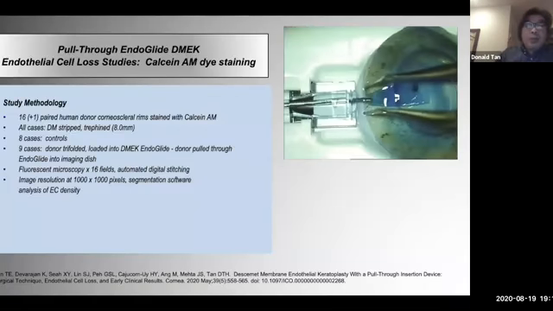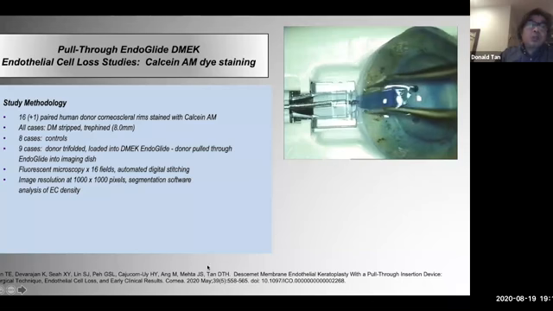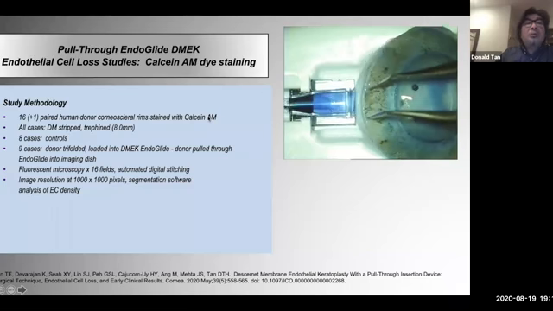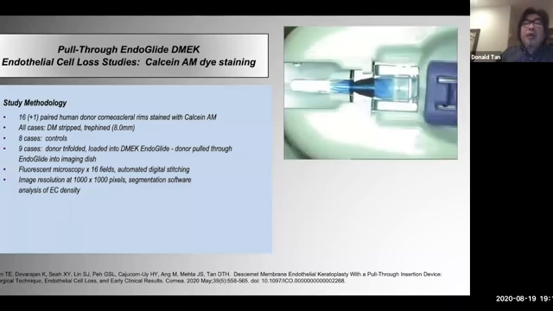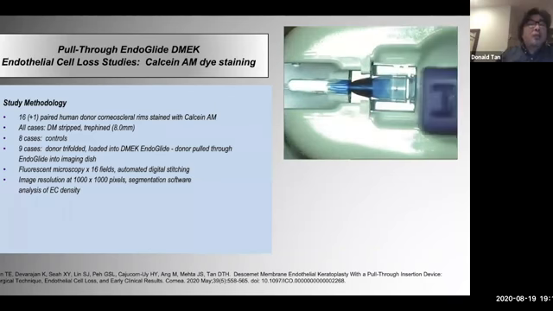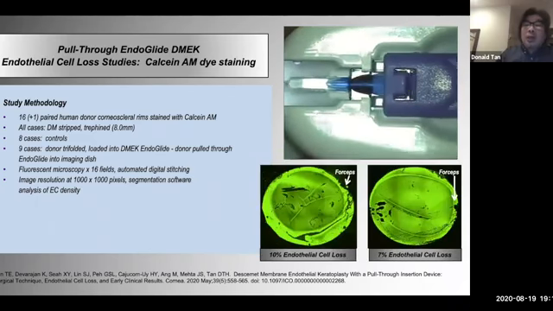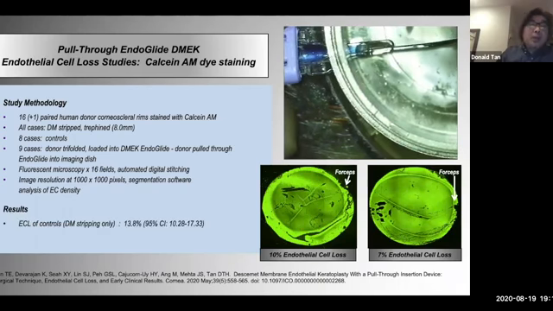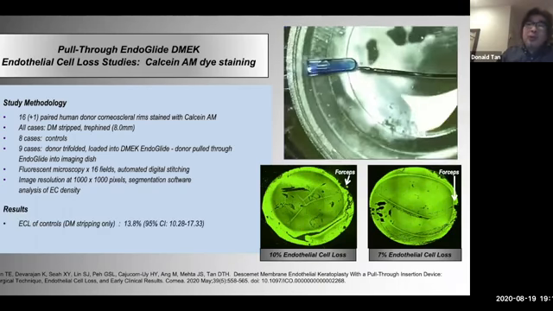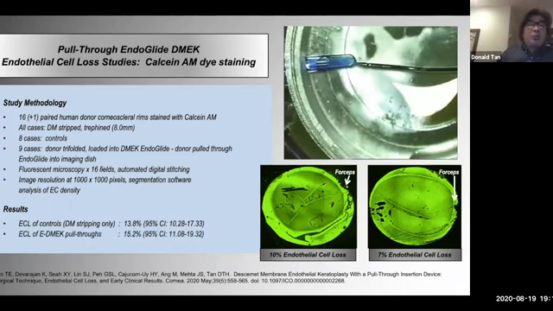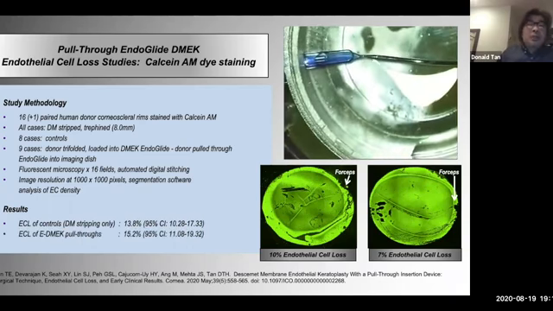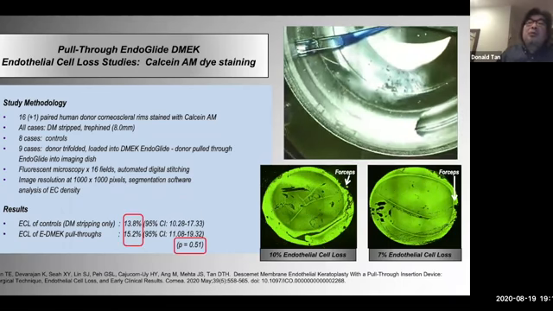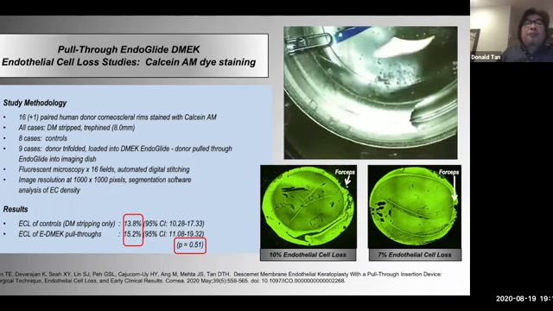So in the original paper, which was published actually just in May this year, we did this in the lab, and we looked at some paired donor corneas. We stripped both of them, and then one we pulled through like this, and the other one we just left alone. And you see there's about 10% cell loss. You can see a bit of forceps damage. But bottom line is that the controls, where we just stripped the tissue, you already lost 13% of the cells. And with the pull through, we didn't really increase that loss. So 15%, there's no difference. So you can do all of this, and you don't actually damage the tissue that much.